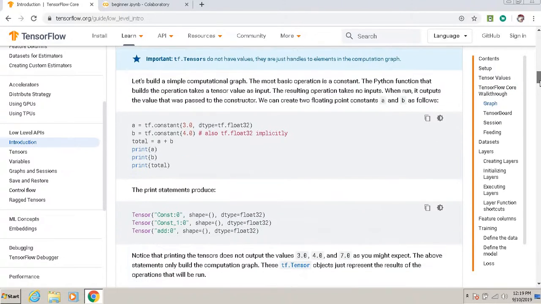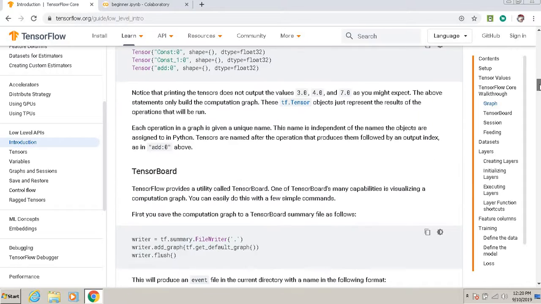Now simple, if you make a computational graph, it is a kind of data structure computation. If I take a constant float 3.0, another float 4.0, total them, and then print A, B, and total, we get something.